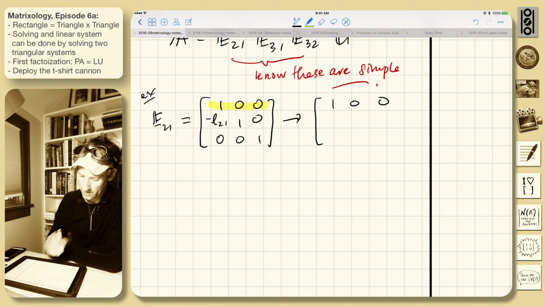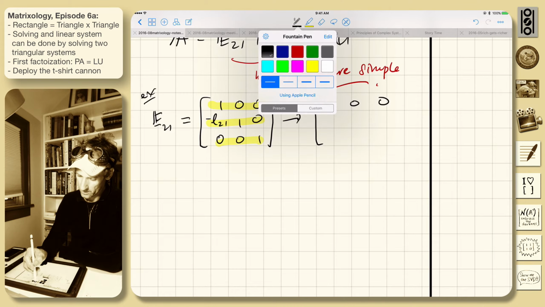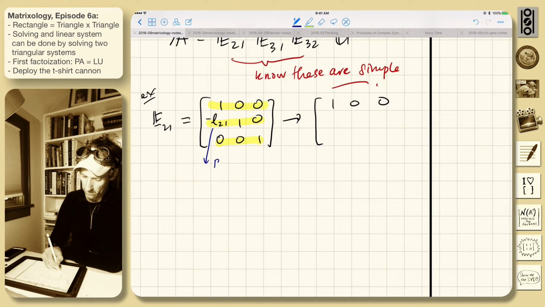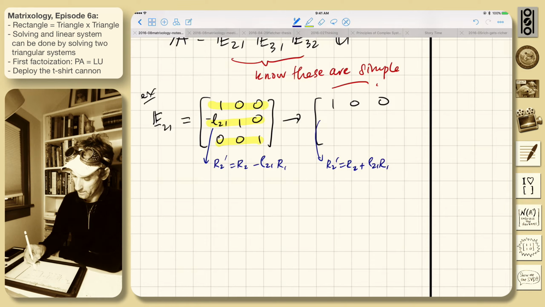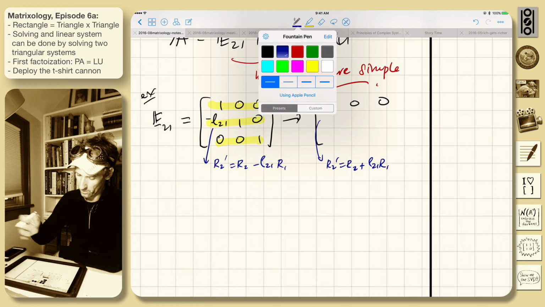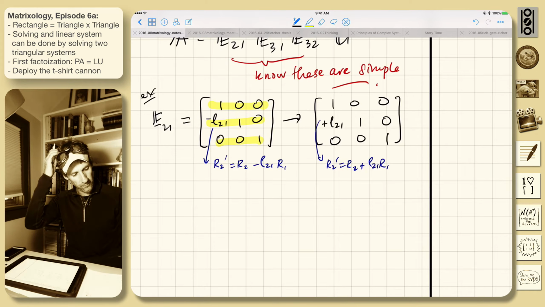so what's going on? This says if you multiply this elimination matrix onto something, keep the first row as it is, keep the third row as it is, and for the second row, this is our row operation, right? This encodes row 2 prime equals row 2 minus L2,1 times row 1. And to undo that, we'll want to say row 2 prime is row 2 plus L2,1 row 1. Right, so if you do either order of these multiplications, they'll clean each other up. So this is going to be plus L2,1, 1, 0, 0, 0, 1. So we just flip the